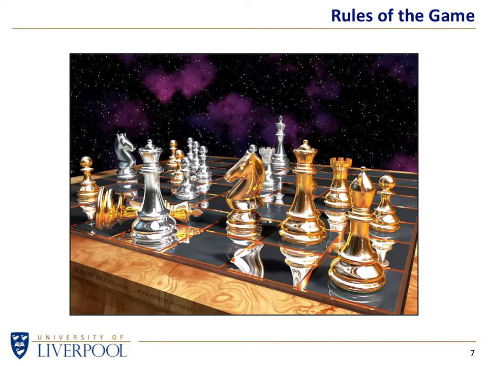If we were thinking about chess, can you work out the rules of chess by just looking at that picture? That one picture on its own, if you already know the rules, that might make sense to you. But if you don't know the rules of chess, if you show that picture to somebody who's never seen the game of chess, they would not be able to make sense of what's going on. They might just about be able to tell that one set of pieces is slightly silvery and the other set of pieces is slightly goldy, and they all seem to have very peculiar shapes, and some shapes reproduce on the two sides, and others don't. One appears to have fallen over.